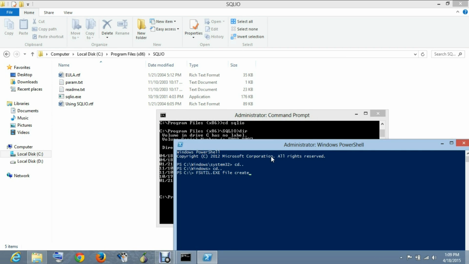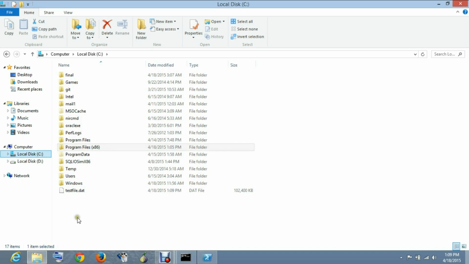Here you specify the name of the file, and inside the bracket we need to create a 100 MB file. So we'll specify that. You can specify 1 GB, 1 TB file, whatever you want, depending on your needs. For demonstration purposes, we are using a 100 MB file. It has been created right now. Here you can see this is the file that we created, and the size is 100 MB.